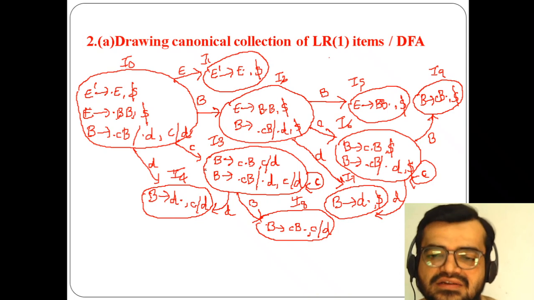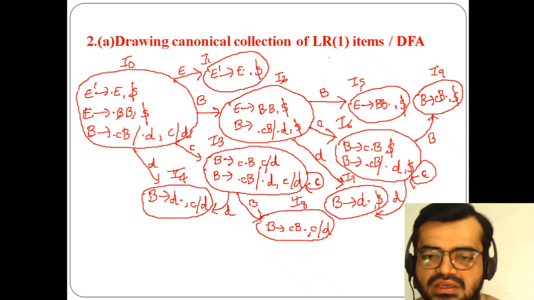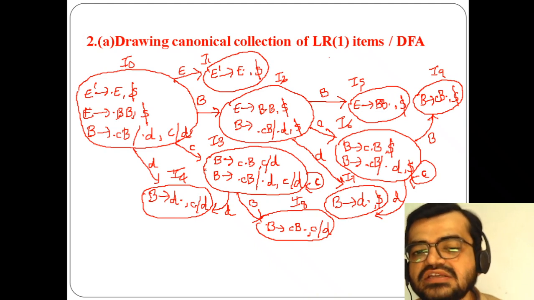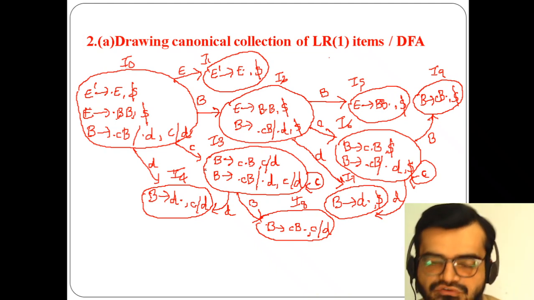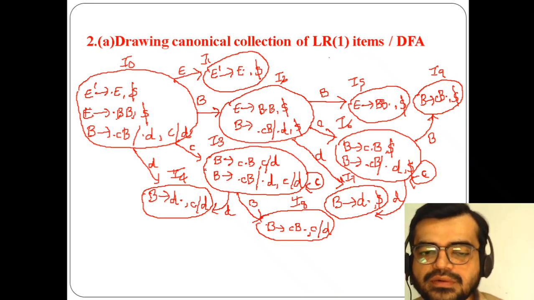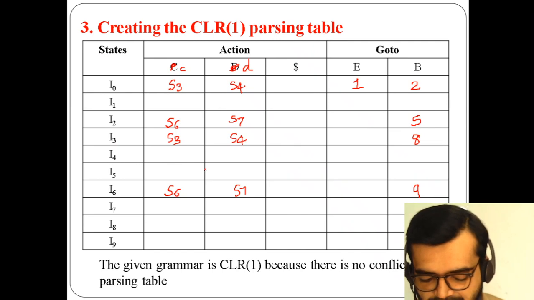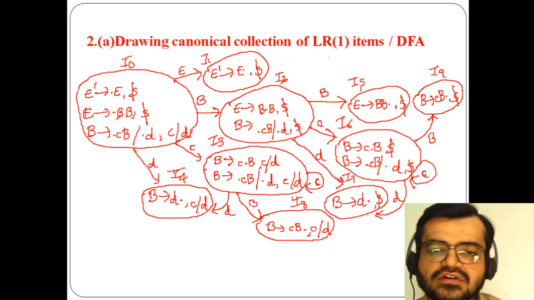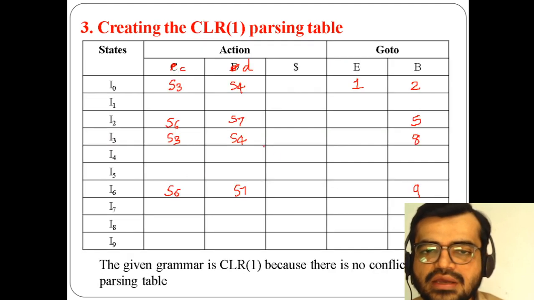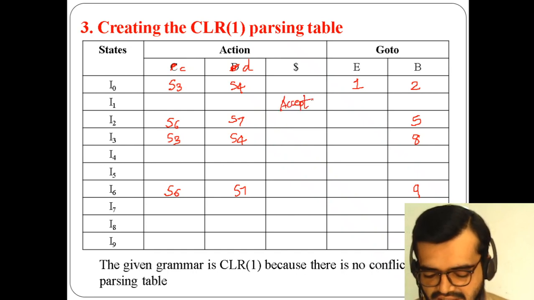That means these are final states. So these final states will be used for which operation? Reduce operation. So up to now, the states which we have seen are not final states, so for those we have performed the shift operation. Now for the remaining states, we have to see if there are final states, so we need to perform reduce operations. So let's come to I1. In I1, this is the first state, and as the start symbol is associated, you can use accept here. So I'm just writing accept here.